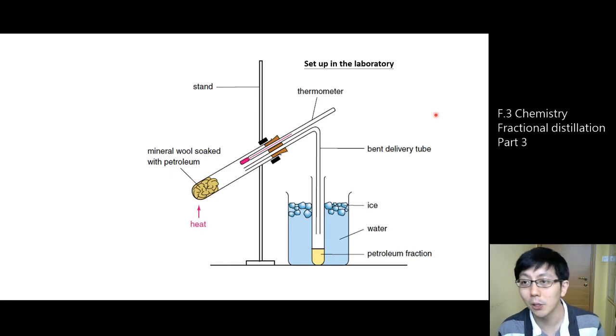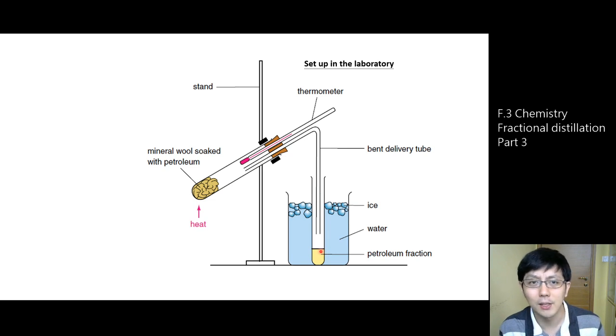Now for this video, our focus is how to make fractional distillation possible in industry. Now this is the setup for the fractional distillation to be conducted in the laboratory. If you still remember, we have a test tube, I should say we have a boiling tube. We have the heating source such as the Bunsen burner. We need to replace the test tube one by one.